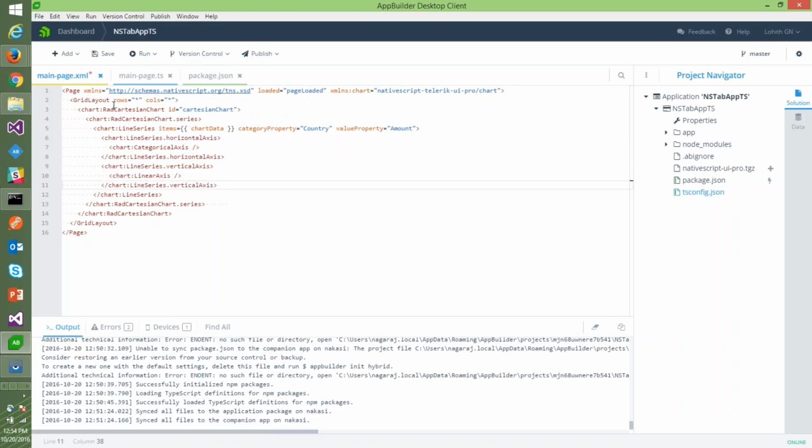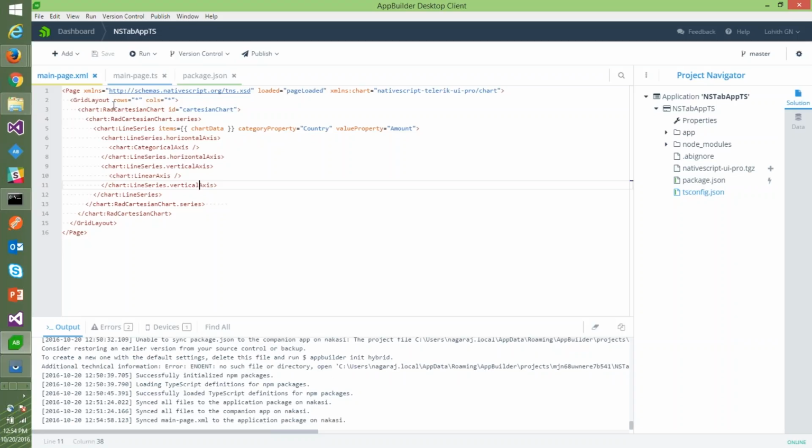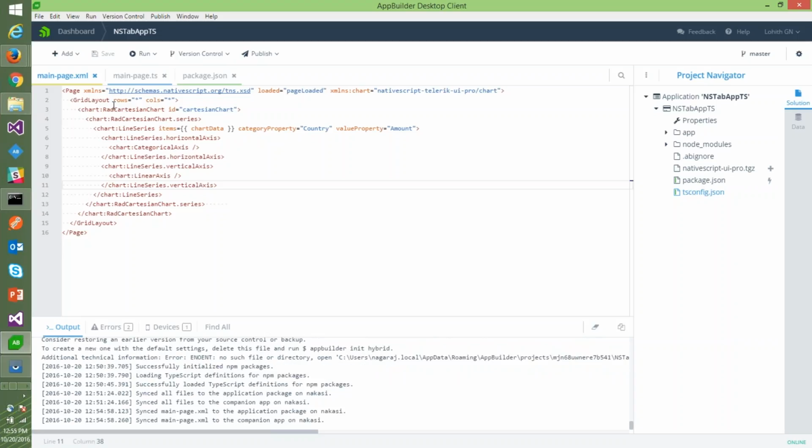So this is as simple as it can get. All you're doing is you're saying, hey, I want to write a Cartesian chart, and the chart will have a series, and what kind of series do I need? So I'm saying I need a line series, and the items for that line series is usually from a